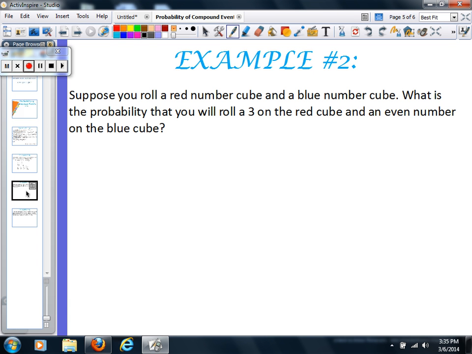So when I look at the red cube, does the probability of me rolling a 3 on the red cube affect whether or not I'm going to be able to roll an even number on the blue cube? No. Okay? They're completely separate. I'm rolling a red cube. Whatever happens on that red cube is going to happen regardless of what happens on the blue cube. Okay? So, because that's the case, these are independent events, which means that the probability of A